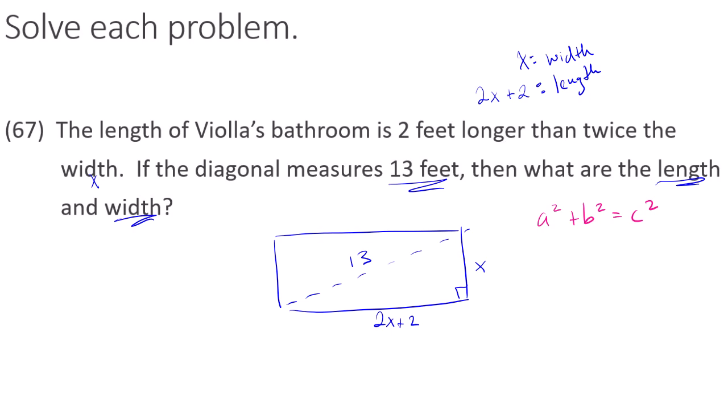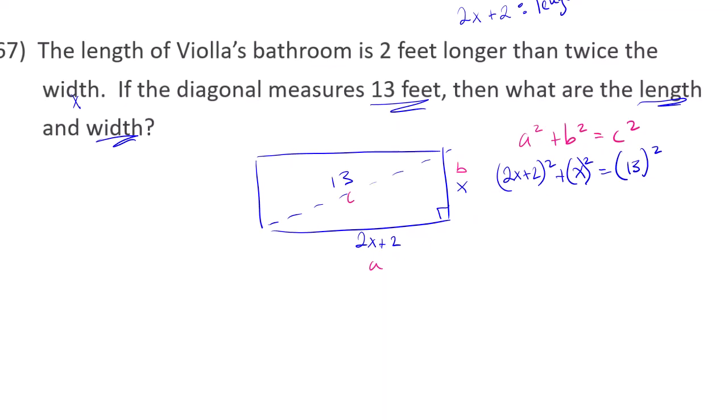And so, we're going to do the length squared, right? And we just label these, we'll call this A, B, and C. And so we'll do the length squared plus the width squared equals the hypotenuse squared. So now it turns into a very similar question to the last problem, right? So here we go. We're first going to get ready to FOIL this,